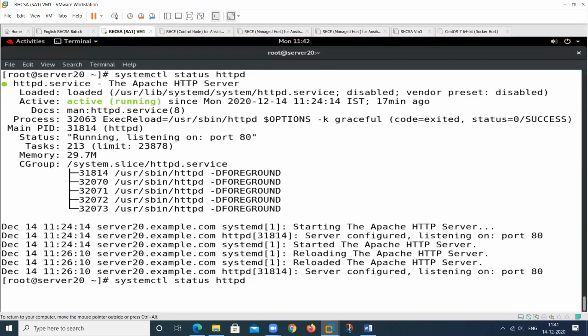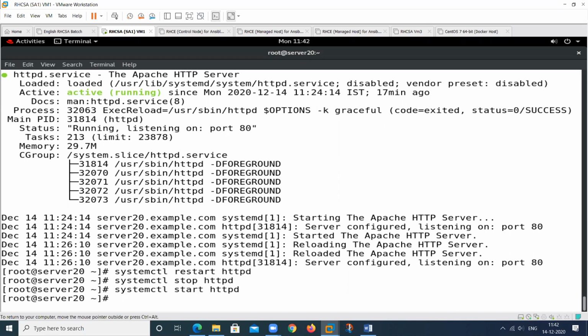At this time, we want to restart this. So restart also works in the working condition. We want to stop this. Stop. All things will work properly. You can stop this. If you want to start this again, you can start. You have all the rights.